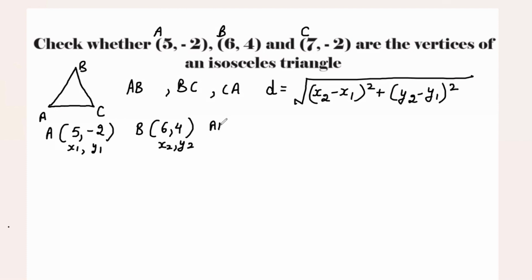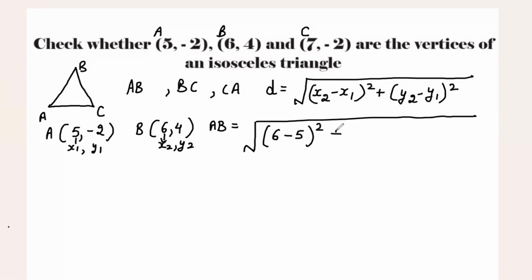Now we will write AB equals square root of, now here x2 is 6, we'll write 6, minus x1 is 5, we'll write 5 whole square, plus y2 is 4, we'll write 4, and y1 is negative 2. So we'll write minus bracket minus 2 whole square. Do not forget to put this bracket, otherwise you will make a mistake. Now we have to